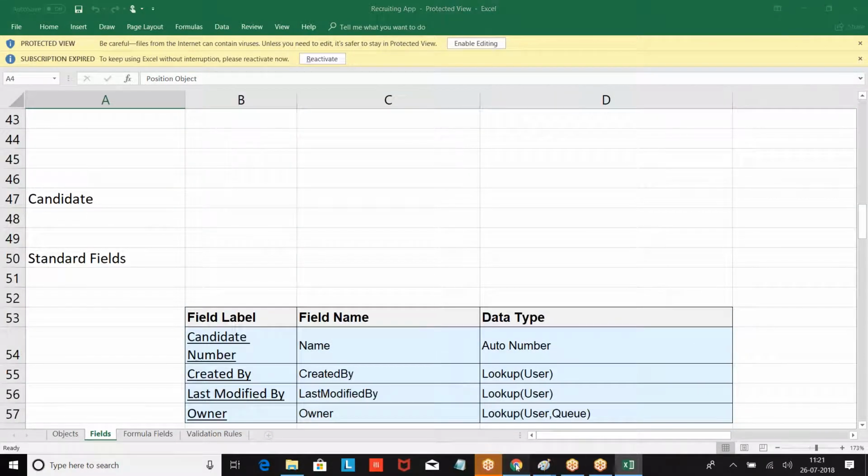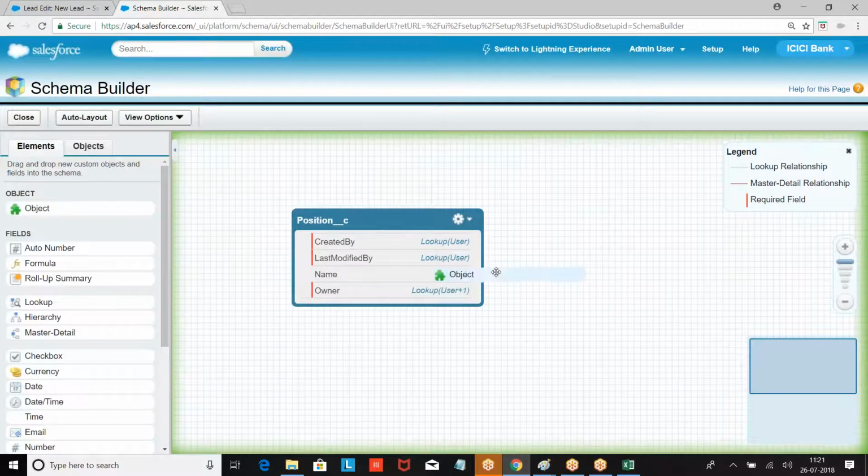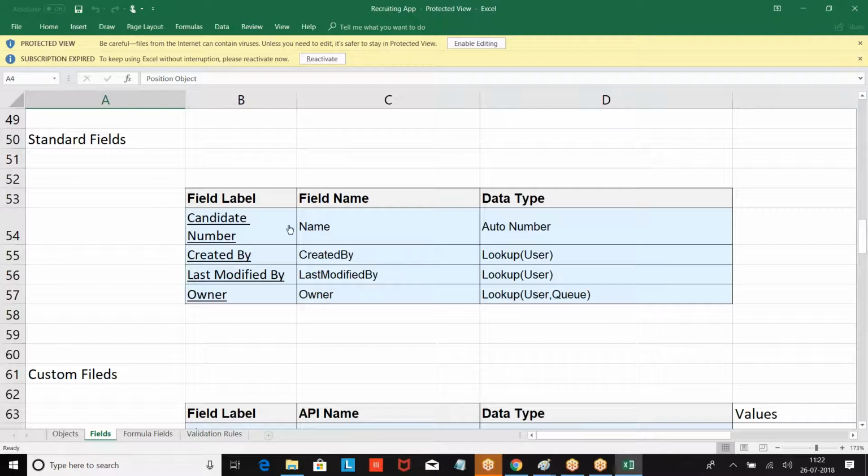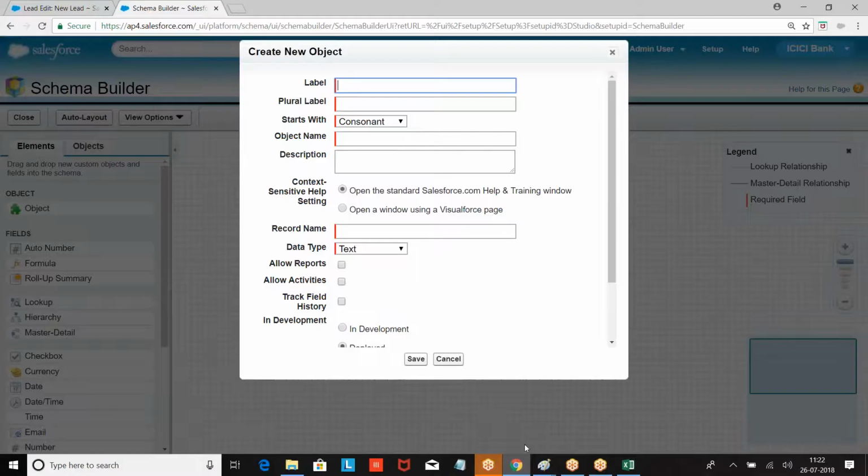Candidate. In the candidate, what is the title? Candidate. Name field is candidate number, auto number.